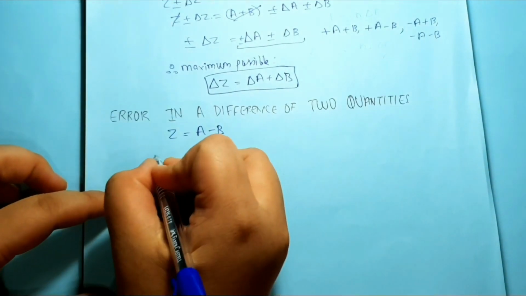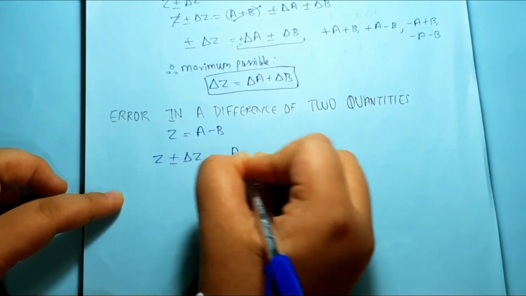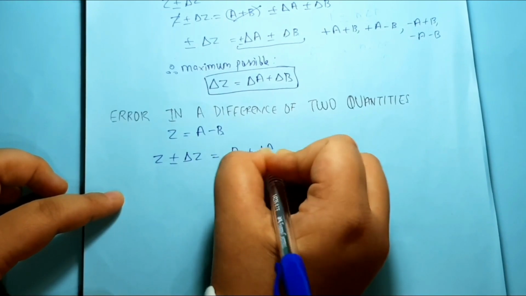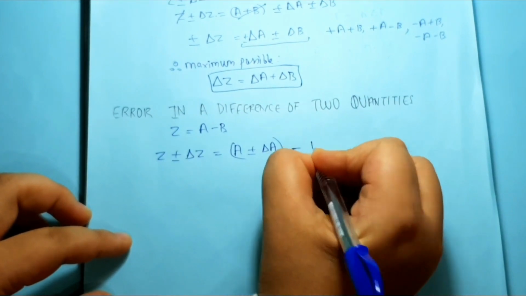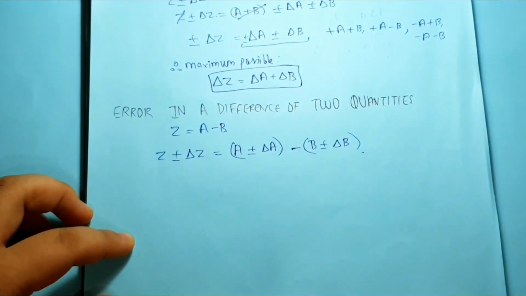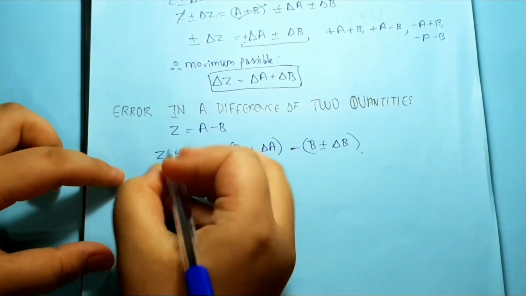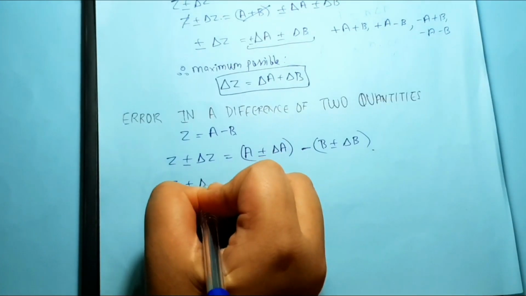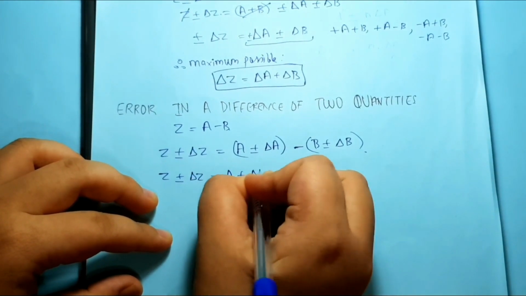So giving us z plus or minus delta z is equal to a plus or minus delta a, in the whole bracket, minus b plus or minus delta b. Okay, so far clear? So understand, we have a minus of this. This time we're going to change as you open the bracket out. So let's see how it changes. So it's going to be z plus or minus delta z is equal to a plus or minus delta a